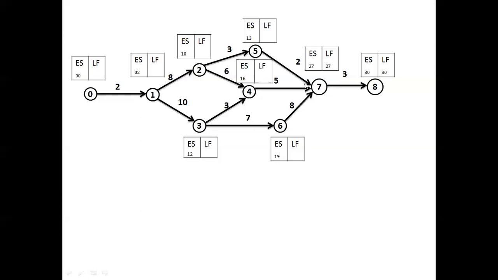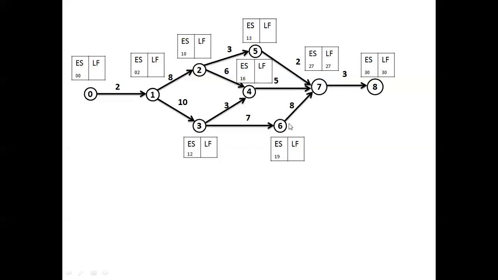Whereas this 4 to 7 and 5 to 7 can consume extra time more than whatever is allotted. Okay. So these are the non-critical activities and this is the critical activity. We'll identify the critical activities based on some results in the next table. For the time being, you just remember that the activity 6 to 7 should not consume more than 8 days. Okay, similarly, when it comes to this,